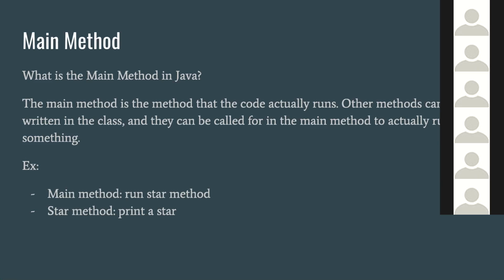They don't have to be in the same class. Remember we talked about importing classes to get access to methods. Let's say the class that has the star method is called Ritvik's Java class, and my class is called Arushi's Java class. I want access to the star method, but I don't want to rewrite that whole method again. So all I would do is import Ritvik's Java class, and then I can call in my main method run star method. Does everyone get that? Okay, cool. So that's pretty much it.